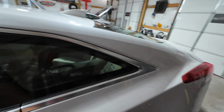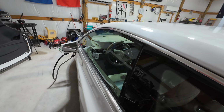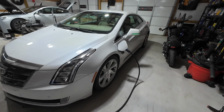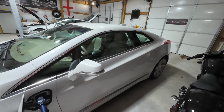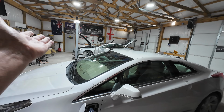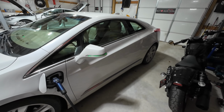That's right, Cadillac took care of it on their dime because this car is still under warranty. Now, one thing I did pay for was an oil change. You know I could have changed the oil right here, right? We do it all the time. I could have changed the oil right here in my own shop, but I was so happy that not only